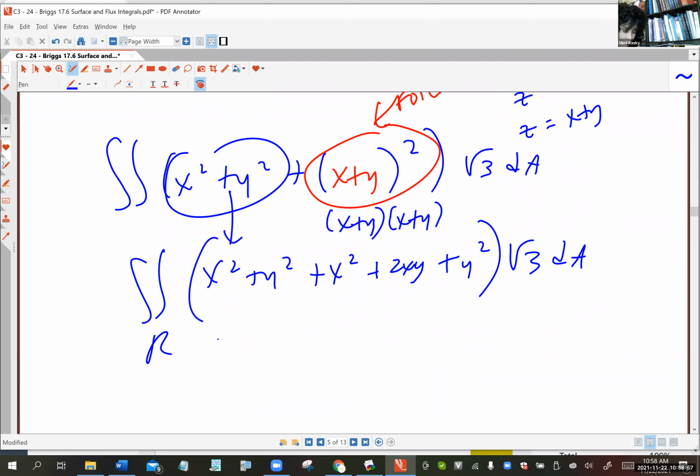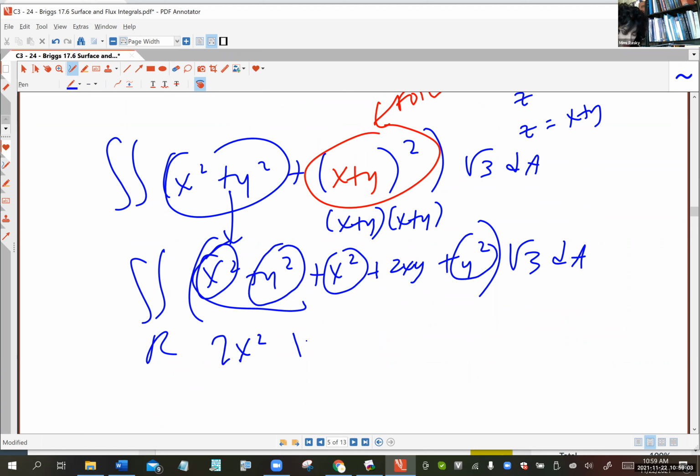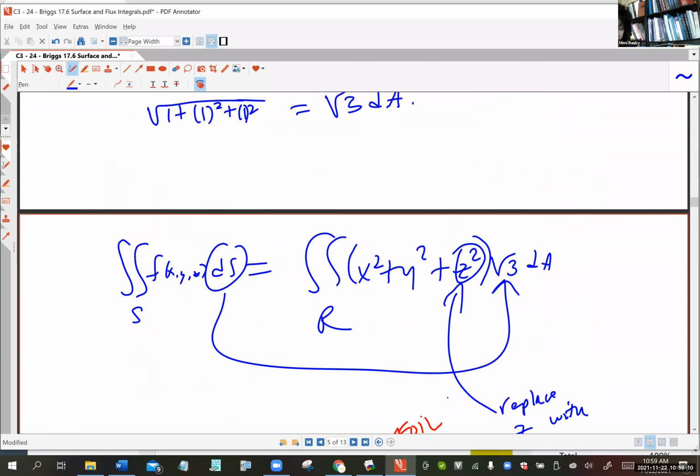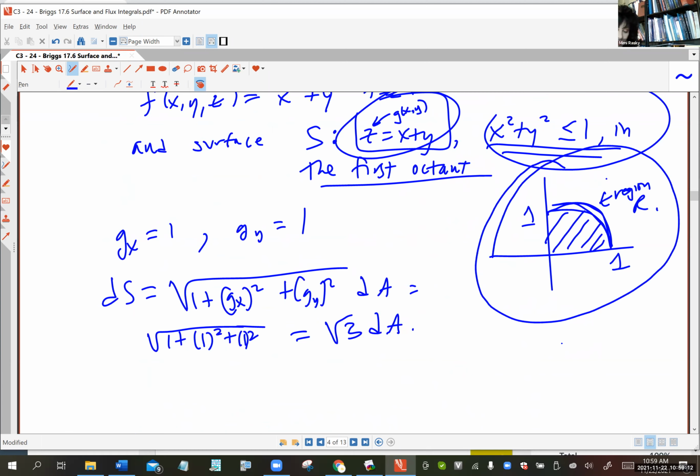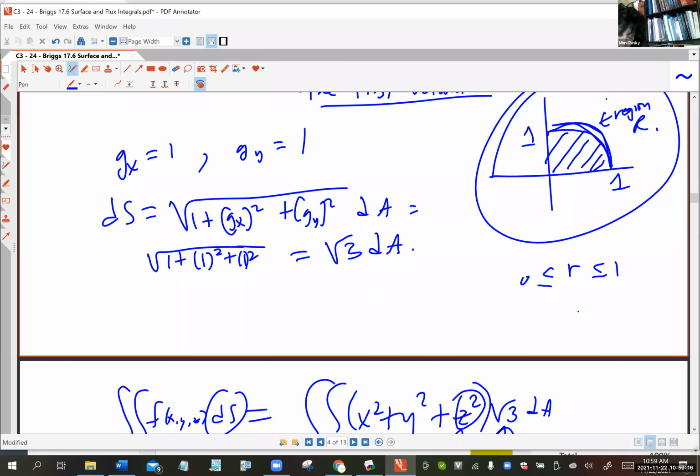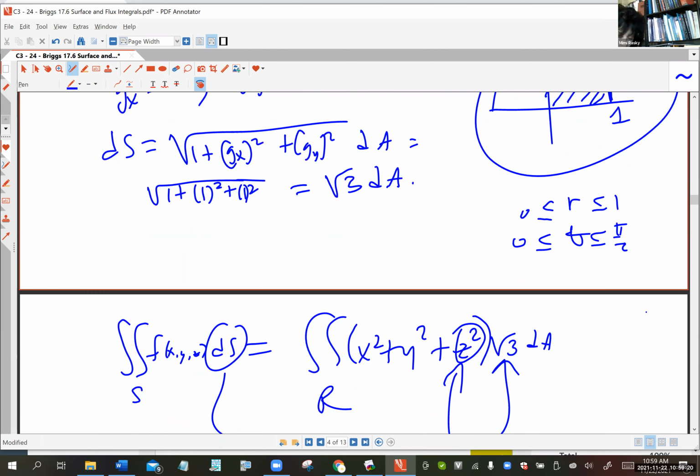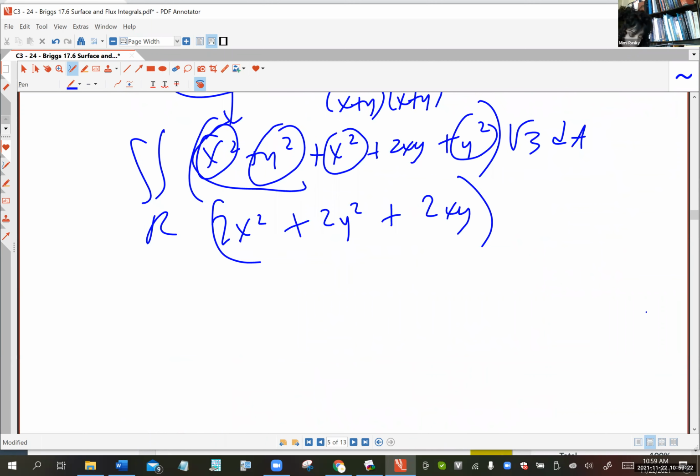Okay, now what? You do have like terms, so these two x squared terms add together, and then the two y squared terms add together, and then you got this. So now it's time to recognize that we're going to have to convert to polar because our region here is conducive to that. And theta is only going to go between 0 and pi halves since we're in the first quadrant. Okay, so when we start converting these first two terms, if I factor out a 2,